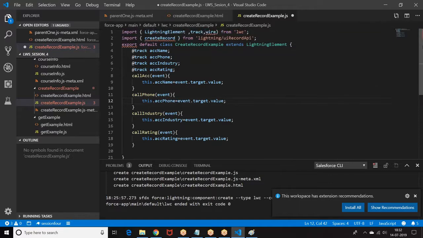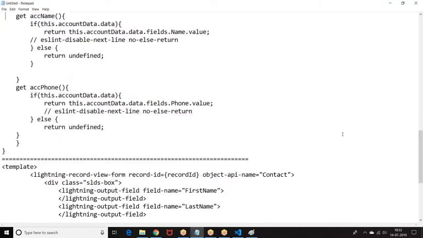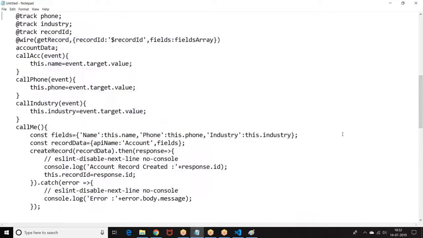Here we need to define the list of fields which you want to transfer and the property names. When you want to use the wire property, @wire, the create record functionality. Now when you call the functionality, I want to insert the data. When you want to insert the data, we need to understand how to define wire properties. So let me give you a quick story here. Let me copy paste some of the functionalities here.